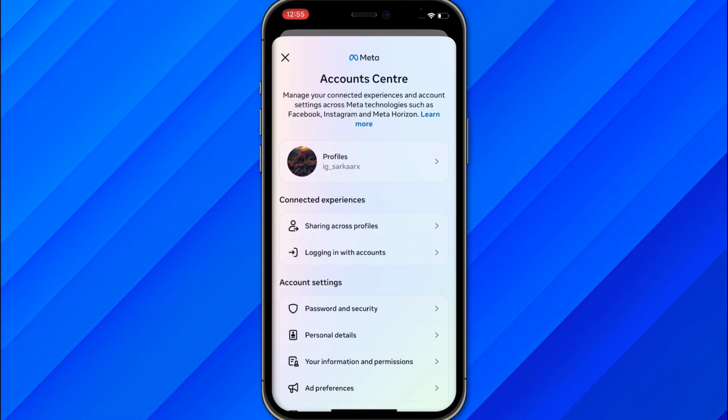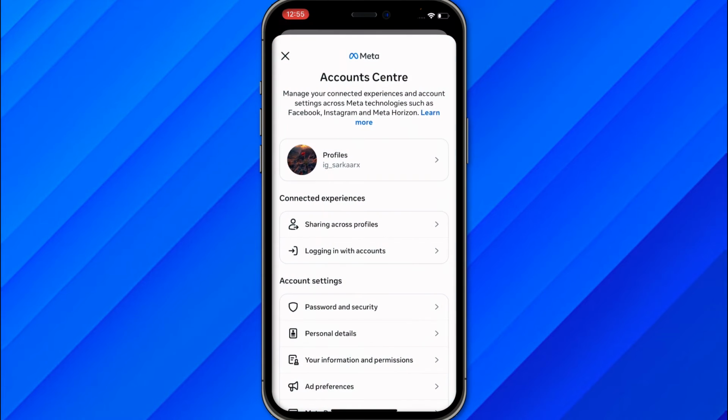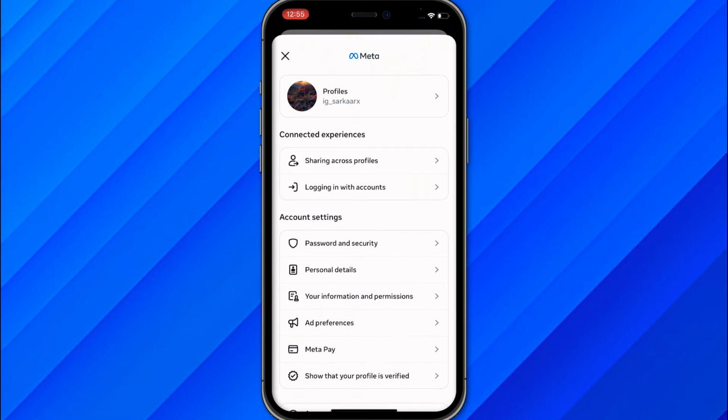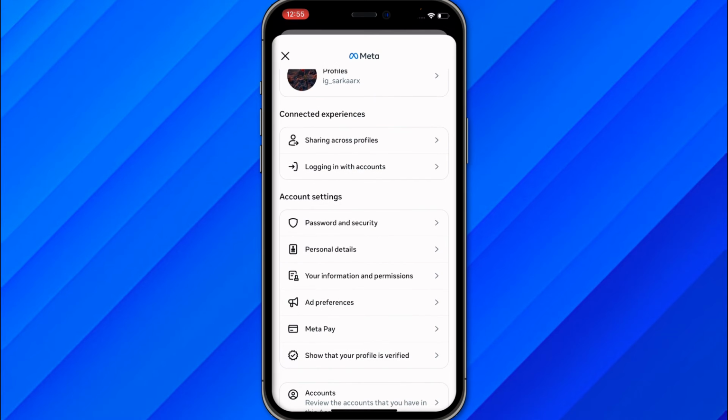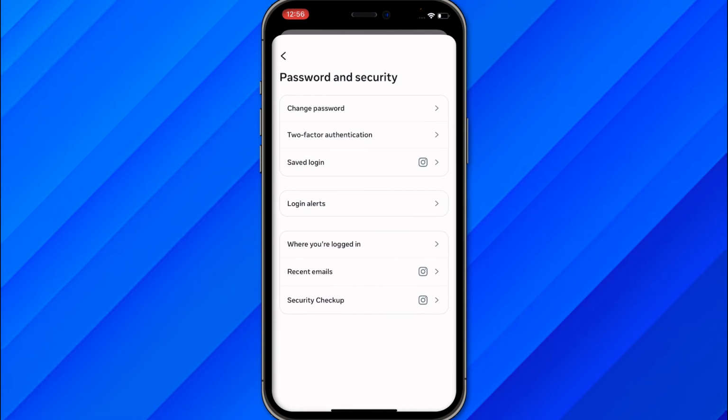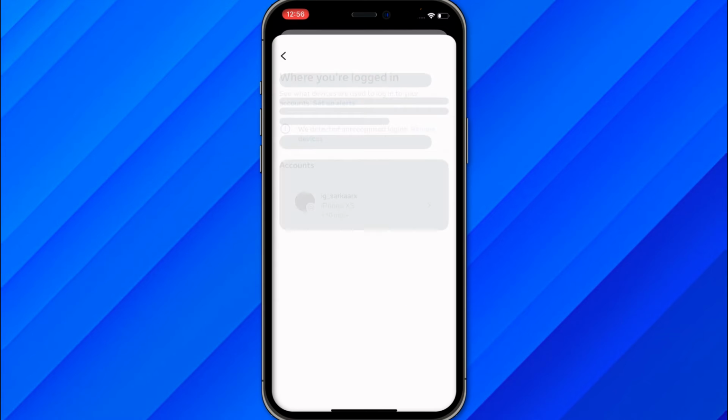Like the first option, click on your account, go to the account center, and on here you will see profile, sharing across profiles, logging with accounts, password and security. So just click on password and security and just click on where you are logged in. You will see all these options: change password, two factors, save login alerts, where you are logged in. So just click on where you are logged in, and on here just click on these accounts, and on here